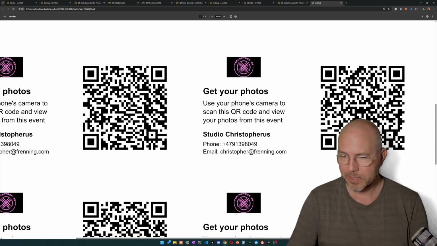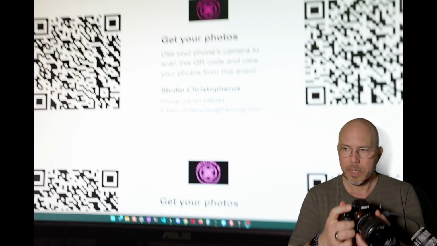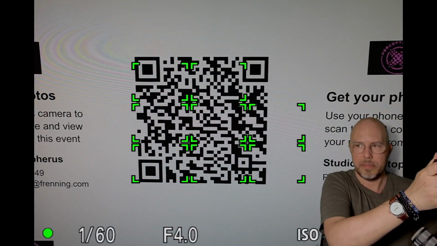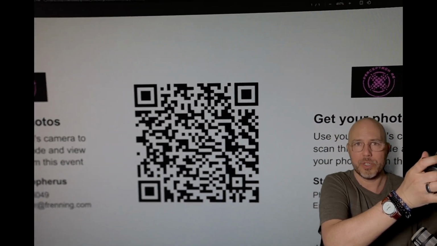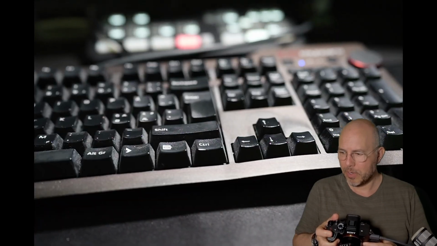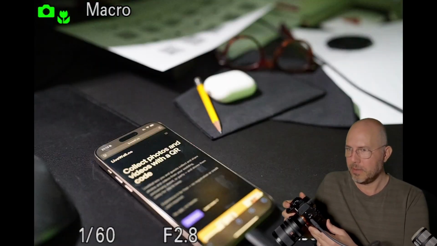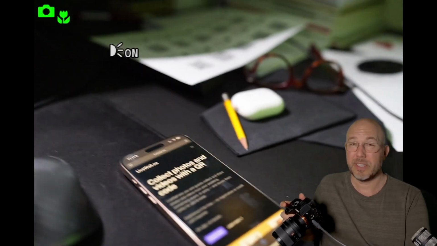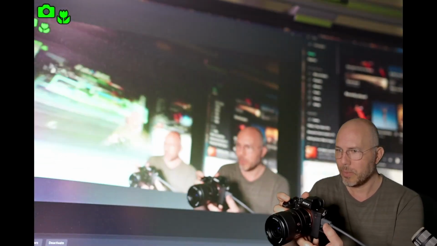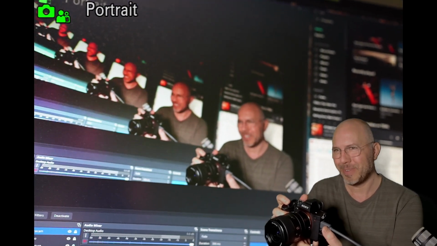So let's try this and switch back to the Sony here. I'm gonna see if I can point that at the screen and shoot that QR code. So now we have the first one going. Let's make some beautiful photos of my keyboard. Oh, this is wonderful. This is the world's tiniest studio at the moment. So this is what we're going with. We need this nice, I'm gonna smile, infinite shot. And then we're just gonna double check that